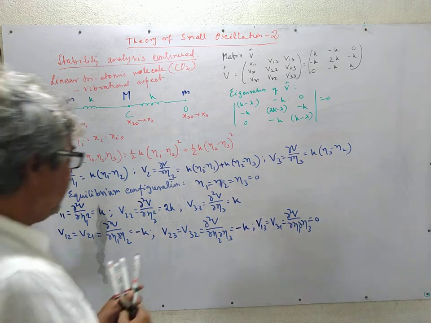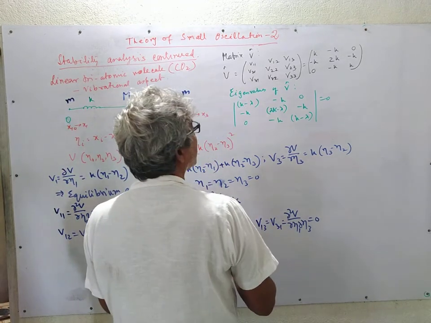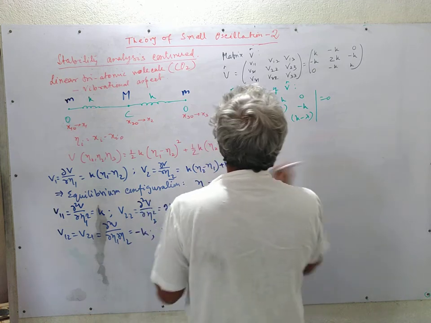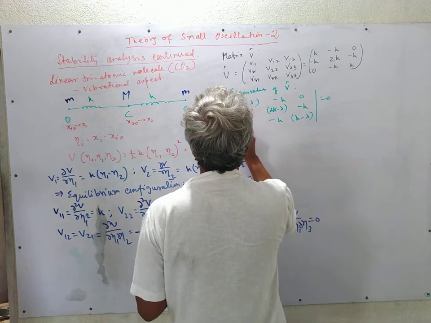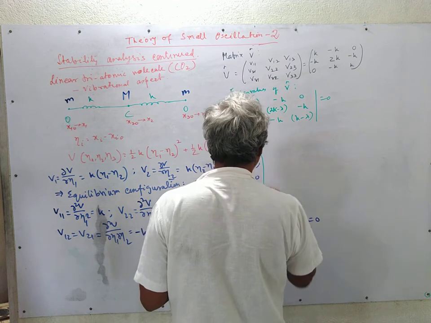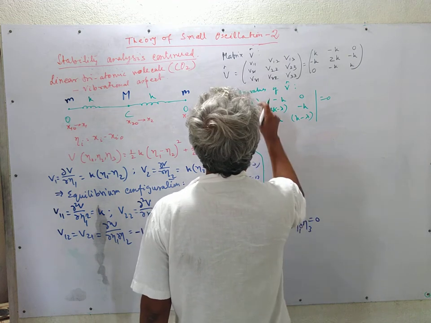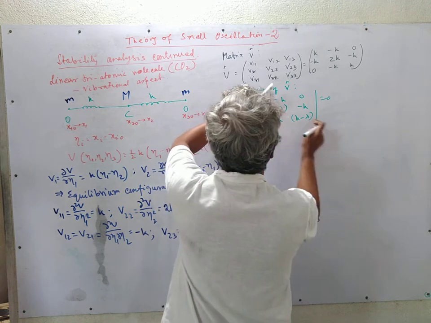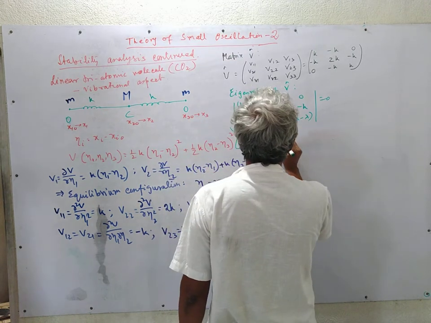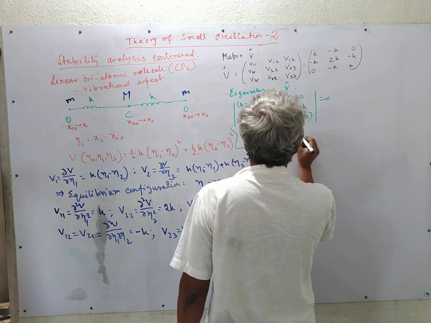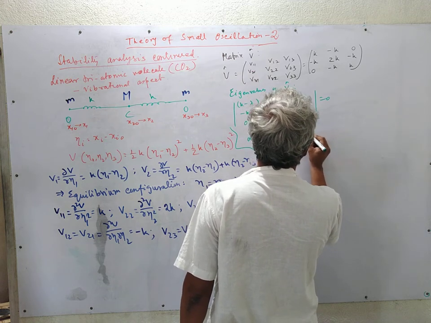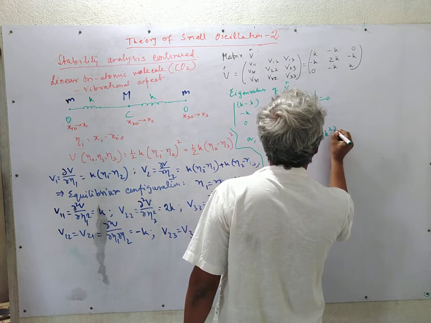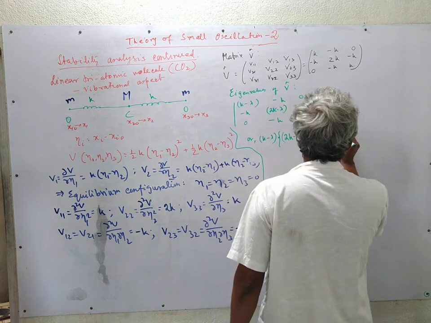So we evaluate, I am just erasing this part, and the determinant can be evaluated. This is K minus lambda, taking this part, then this multiplied by this, 2K minus lambda times K minus lambda minus K square, and from this part minus K,